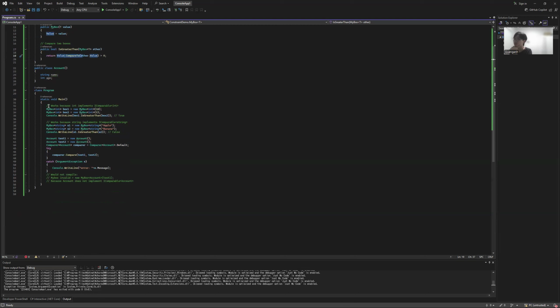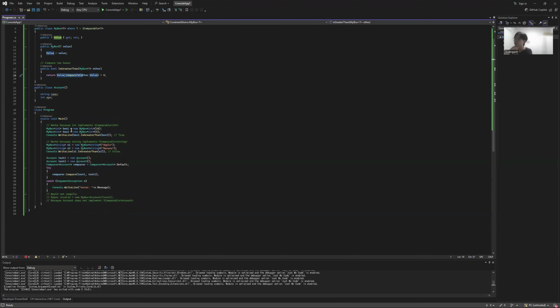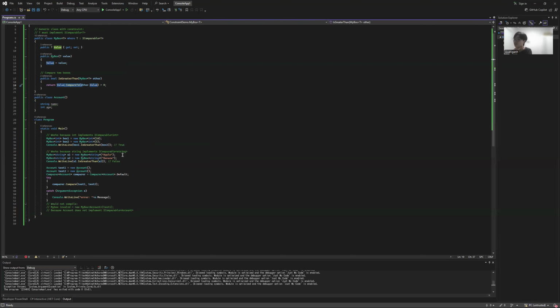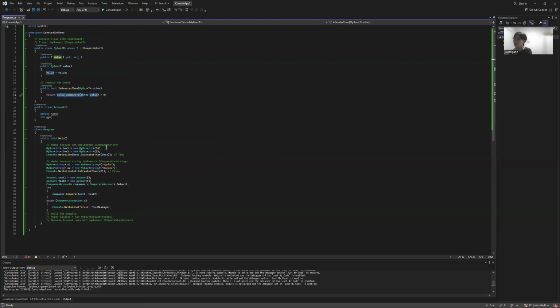As you can see, I have made two variables, box one and box two, and initiated them with my box, int 10 and 5. I can do this because int is also a value type,